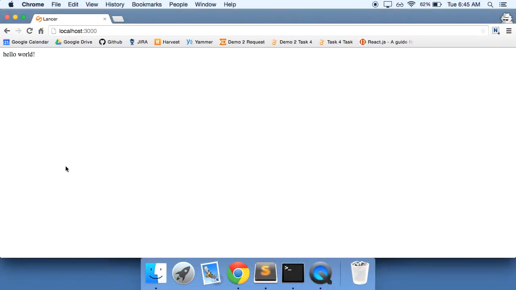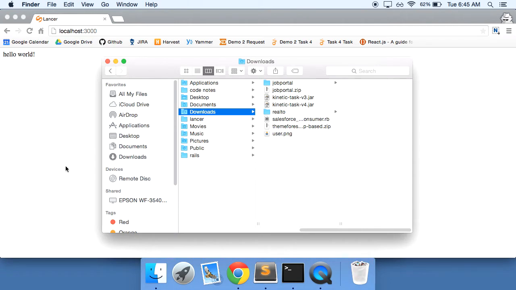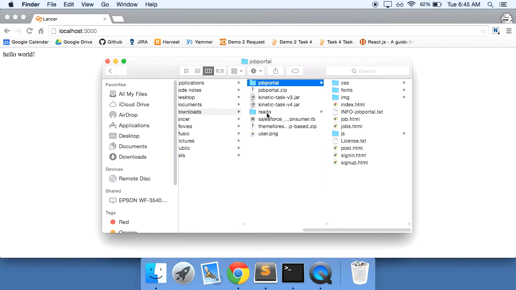Now that we have our home page pointing to our gigs index action, the next thing that I want to do is to implement our front-end work, our front-end piece of the application. And so what I've done is here in my downloads folder, I have a job portal that I've downloaded, and